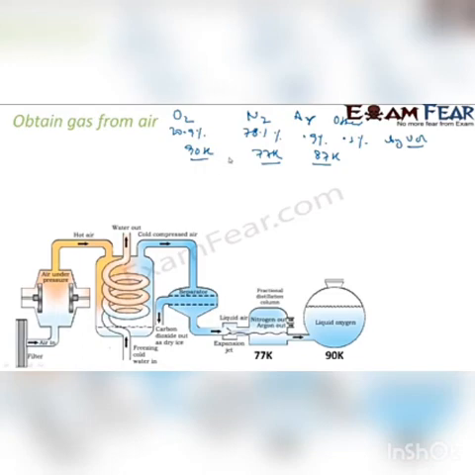So if you see, there is a difference in the boiling point of almost 13 Kelvin. And that 13 Kelvin is actually less than 25 Kelvin. So we have to use some fractional distillation here, right? But we know that at least there is a difference in the boiling point, and we know that air is nothing but a homogeneous mixture of oxygen, nitrogen, argon, and other gases. These have different boiling points, and the difference is less than 13 degrees in this case. So we can actually separate them by fractional distillation.